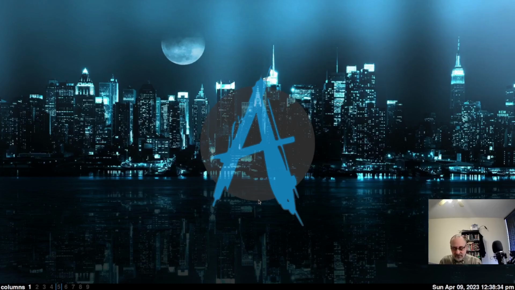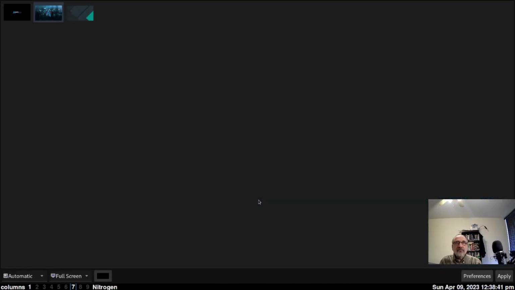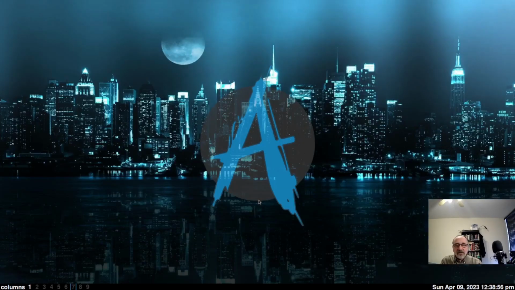Now let's see if it works. So let's go to workspace 7. I'm in workspace 7. I'm going to hold down the mod key in the end, and it opens up nitrogen. There you have it. So now nitrogen is open. Shift mod key C closes it. So that's how you add a key